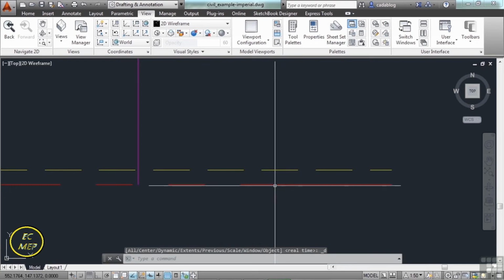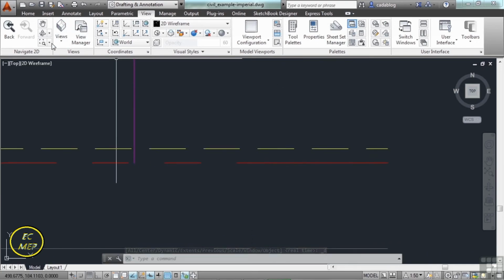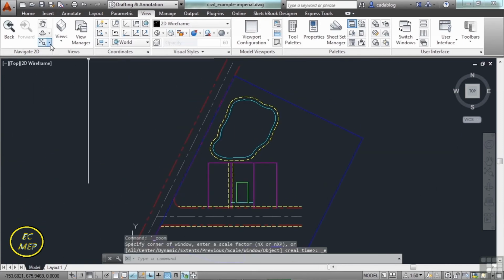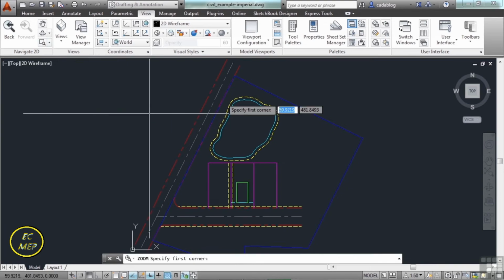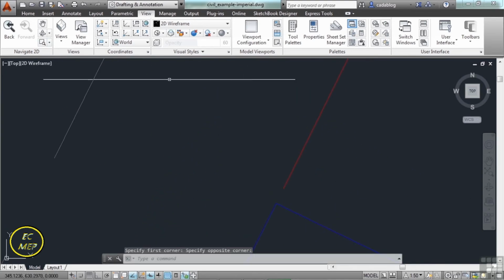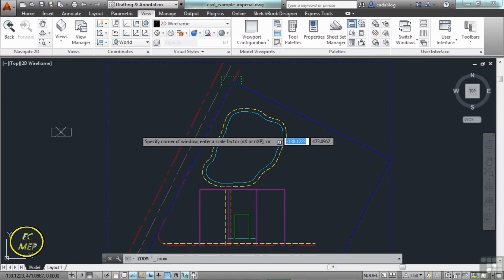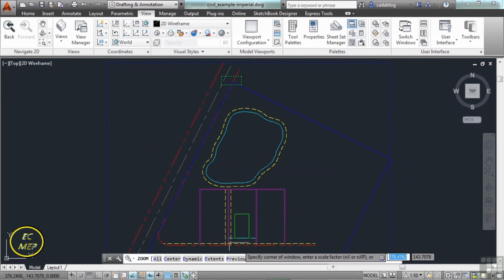Okay, so if I'm zoomed in really far, I can do two things. I can zoom extents and then zoom window to get to where I want to go. That's several steps, several commands. But if I do a zoom dynamic, it automatically zooms me out, and then I can zoom in to where